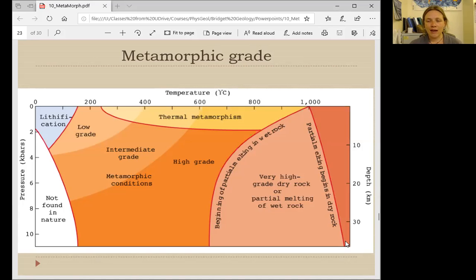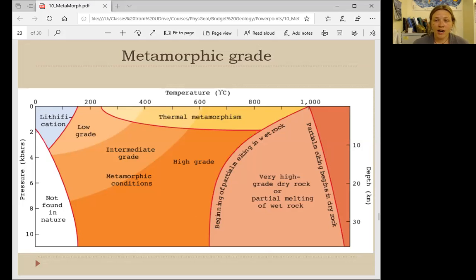So when you're looking at a metamorphic rock, one of the ways that you can work backwards to understand the grade of the rock is to imagine, how did this rock look originally and how different does it look now? That is likely an indication of how much pressure and how high of temperature that particular rock was exposed to. So here's a little chart that allows us to think about increases in temperature and